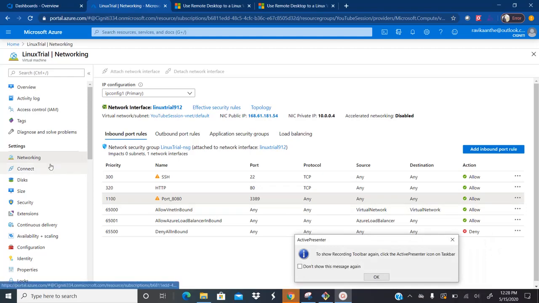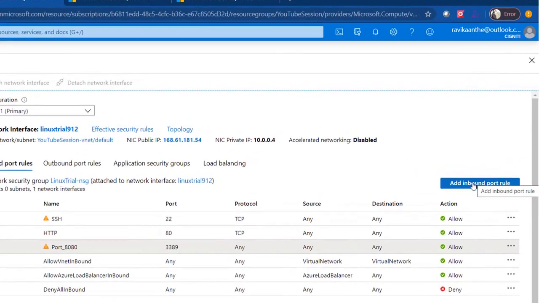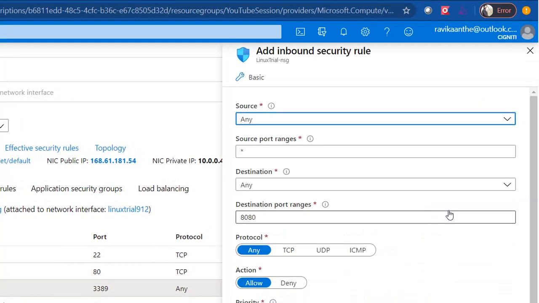Okay, so once you click on networking, there is an option called add inbound port rule. Okay, you click on that, and now source you keep as any, and also source port range any. Okay, but for the destination you have to add port 3389. Okay, because this is your destination port where the virtual machine is installed.